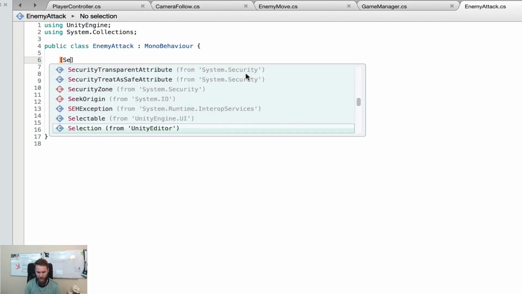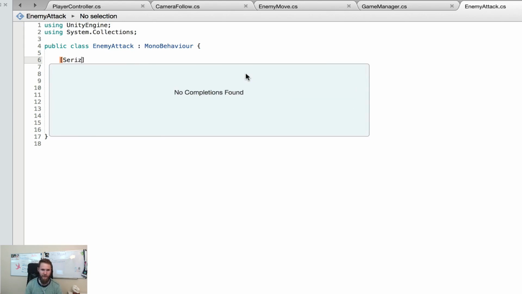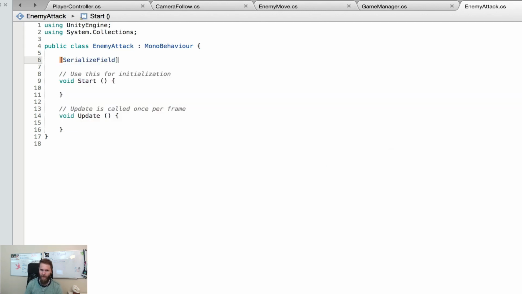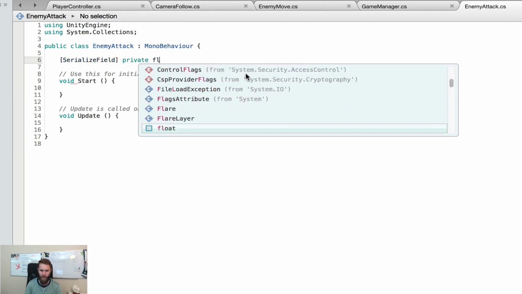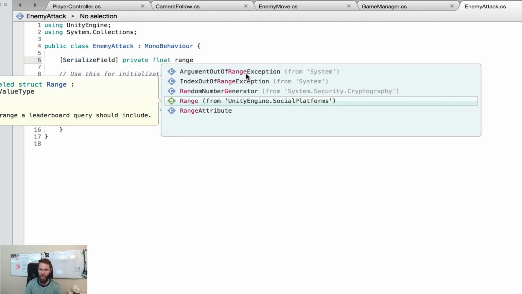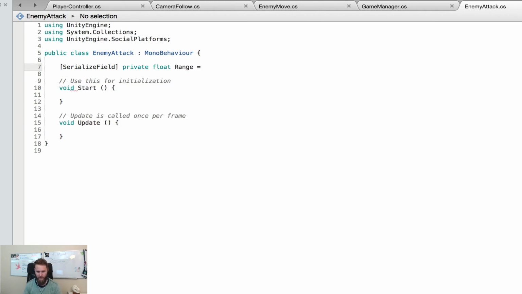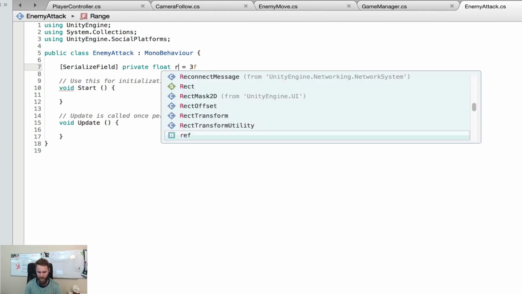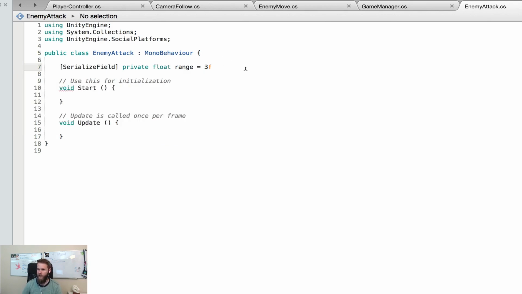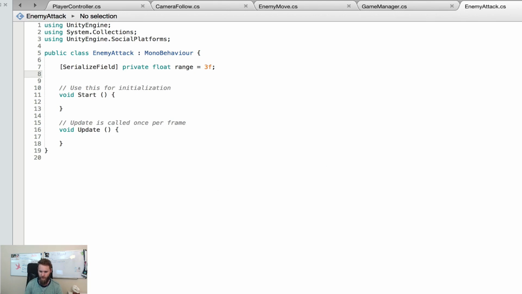So when we are attacking, we want our enemies to attack when we're within a certain range of our hero. All right, so we're going to say SerializeField private float range. So range is the variable we're calling it, and we'll set this to about 3f. That looks good. And then we don't want our enemies to be able to just attack really fast one right after the other. Let's give them a little bit of breathing room,